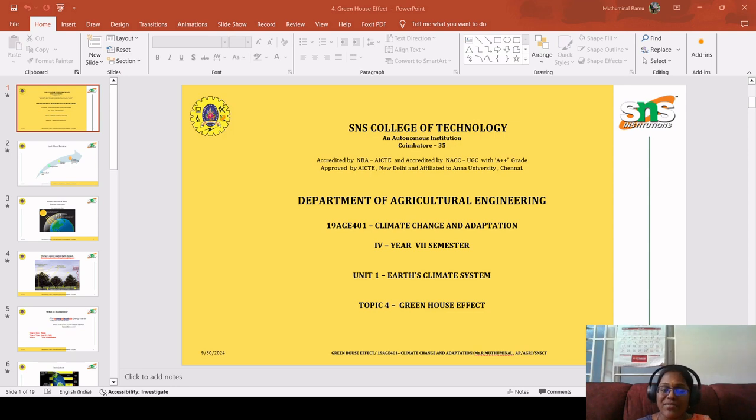Greenhouse effect. Whatever we have seen as of now is interrelated with the greenhouse effect. Greenhouse effect is a process by which the atmospheric gases absorb the heat energy from the sun and prevent heat from leaving our atmosphere. The greenhouse effect is a process in which these greenhouse gases absorb the radiation, for example infrared rays, and re-radiate it in all directions, and these gases help us to trap the heat energy and keep it close to earth. The three main greenhouse gases that are responsible for maintaining this greenhouse effect are carbon dioxide,